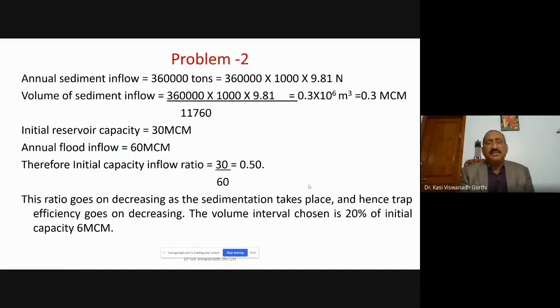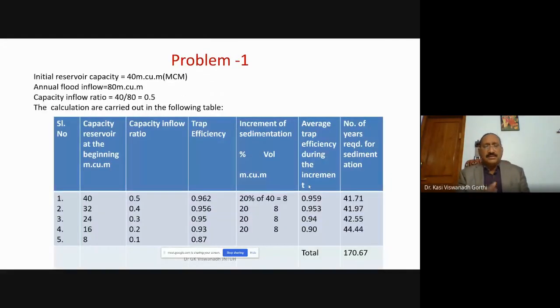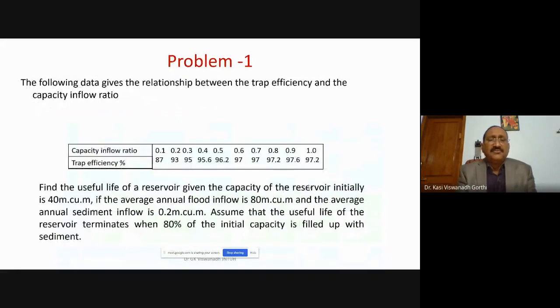For each of these problems, you need to understand two important things. The first thing is the capacity inflow ratio versus the trap efficiency. The second thing is to make the calculations for a 20% interval or a 10% interval, so accordingly you have a table with 10 values or a table with 5 values. That's all. So in a nutshell, in today's class, we have seen what sedimentation is, what are the various characteristics which would be affecting this sedimentation, how to control